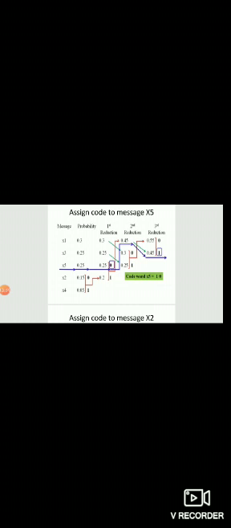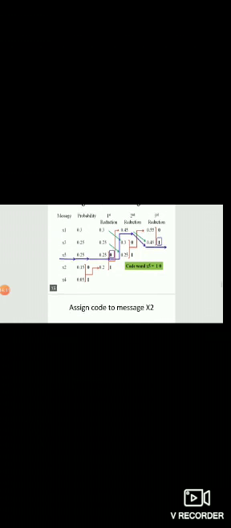Then we have symbol 0 assigned to this x5 in the first reduction. That's why the next symbol for this x5 will be 0, and it is placed at the right side. That's why the code word for message x5 will be equal to 10.